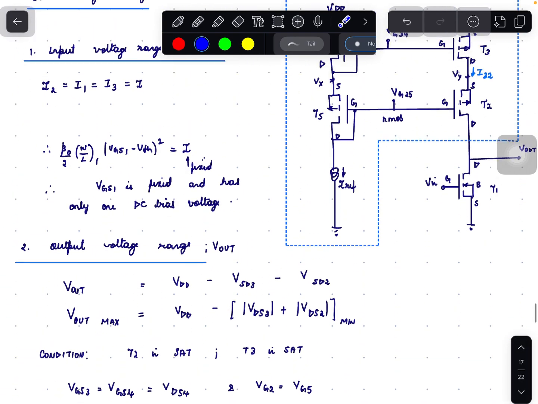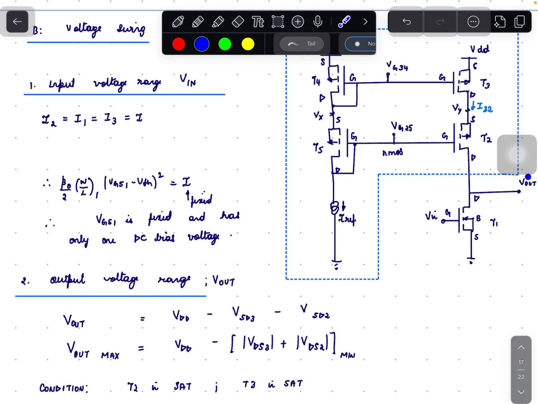Vout minimum. Vout cannot go to ground because the transistor T1 has to be in saturation. So Vout minimum will be equal to VDS1 minimum. VDS1 minimum is nothing but VGS1 effective. So Vout minimum is